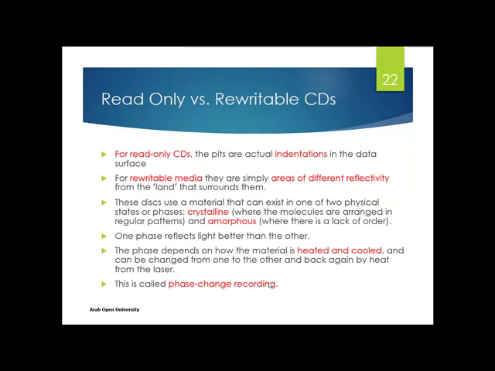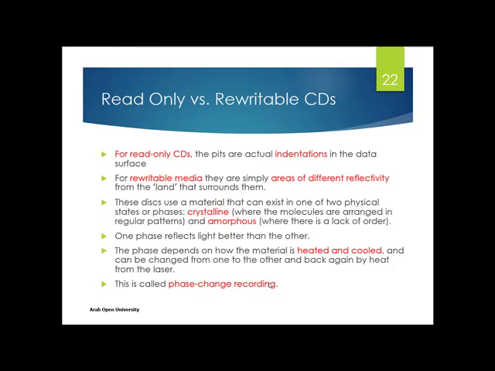Applying the same principle we mentioned before, using pits and lands in rewritable CDs will not serve the rewriting mechanism. This is why the indentation used in read-only CDs cannot be used in rewritable CDs, because in rewritable CDs we need to rewrite or overwrite existing information, and if we are working with indentation we cannot change a pit to a land and vice versa. So there is a need for a different way, and this is done by using